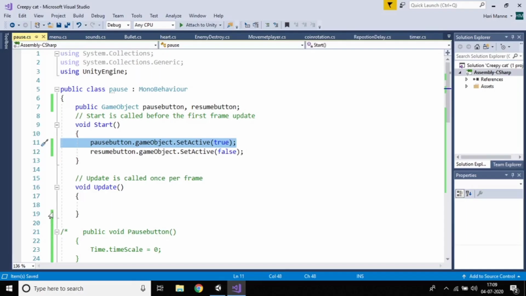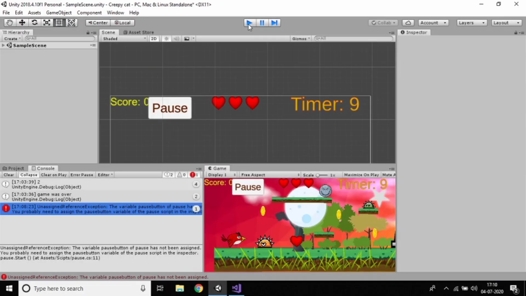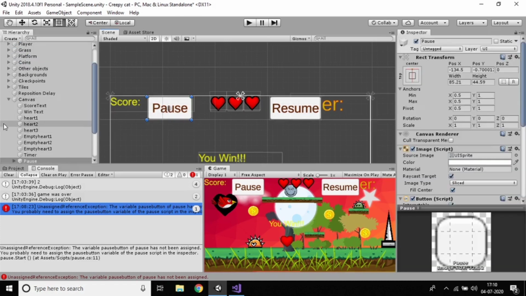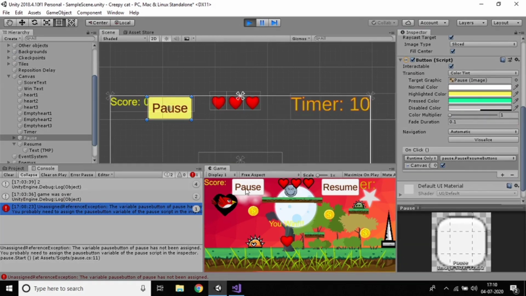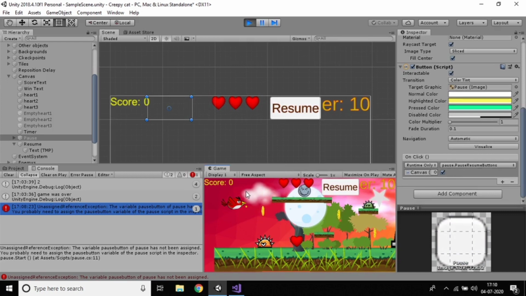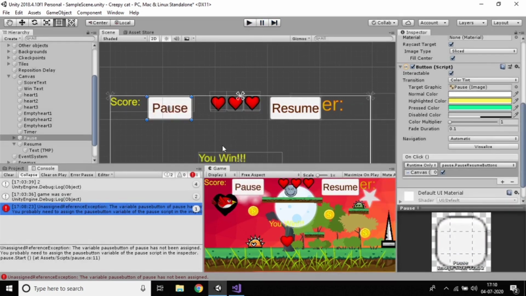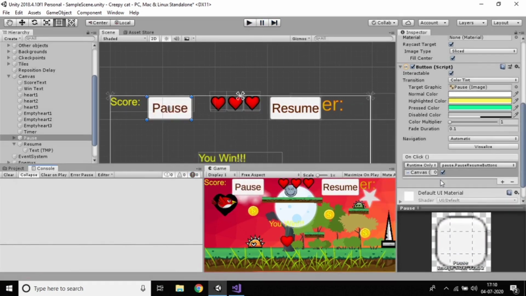So I think the inspector is not working. Why was it not working? We need to check, right? Yes, it's working now because I forgot to uncheck it. Unfortunately, yes.